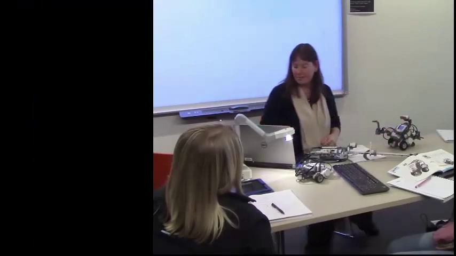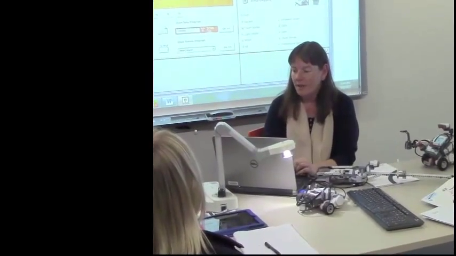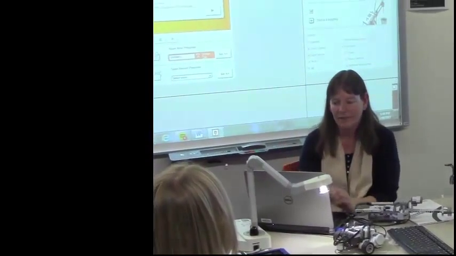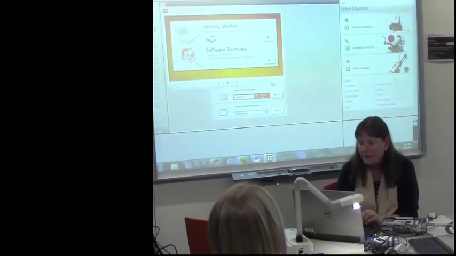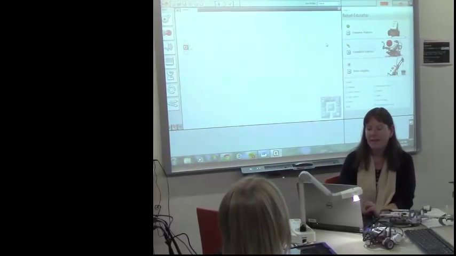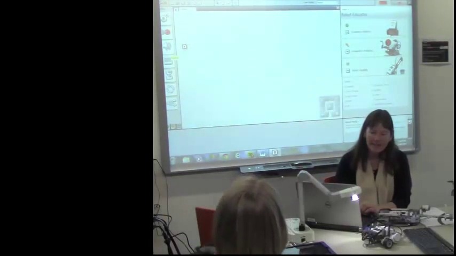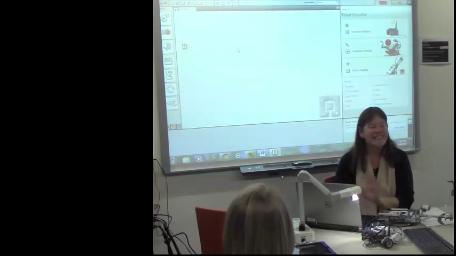Okay, the next way you can program it is you can actually connect it to the computer. And this is what the computer program looks like. It'll kind of remind you of all those other programs that we've looked at so far. So we want to start a new program. Right, so here's our new program. And these are the blocks down here that we just drag and drop in the same way that we did with the other things. But it's a little bit more complicated, so Lego has kindly given us all the instructions